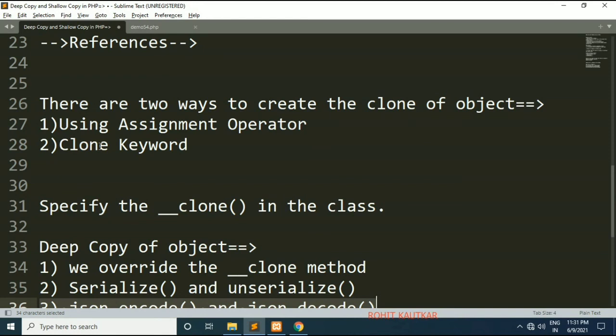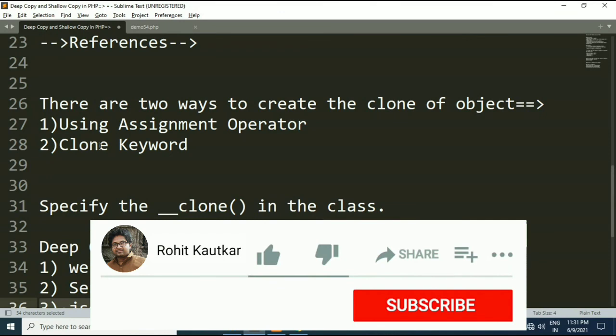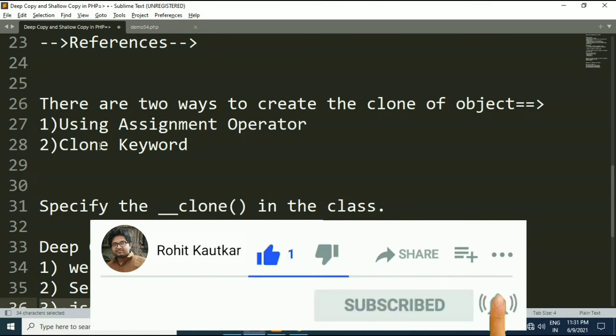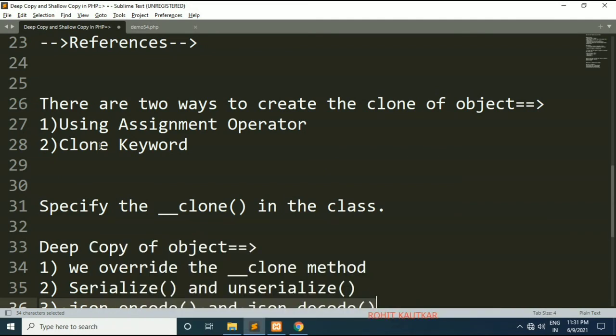That is, there is a dependency between two objects, old object and new object, in case of shallow copy. So if you modify the value through the old object, it will also get reflected within the new object, or vice versa. In contrast to shallow copy, in deep copy there will be no dependency between the two objects, and we can create a deep copy with three methods.